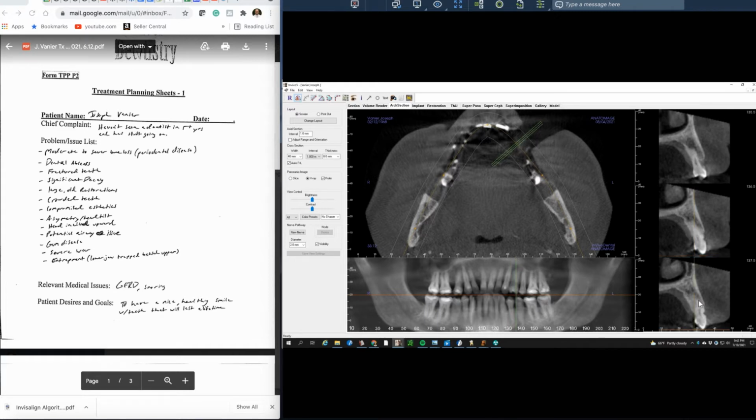If we look from the axial view, I would definitely agree there's some shadow there, but it doesn't seem like an abscess. It doesn't seem like it's associated with the root. It's more spaces within the bone, almost like those